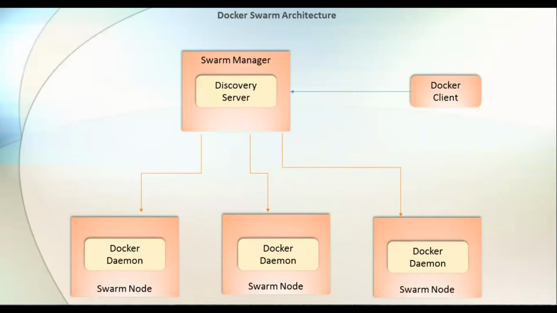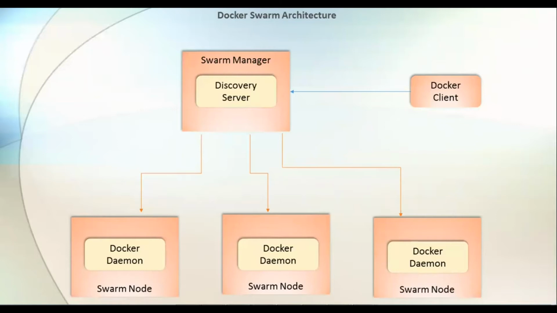There are two important parts in the Swarm. One we call a node, another we call a manager. So the manager basically assigns the job to the nodes. All right. So when we run any Swarm on our Docker engine, by default, first we have to create a manager. The manager performs the orchestration and cluster management functions required to maintain the desired state of the Swarm.